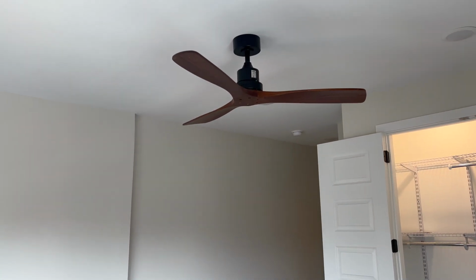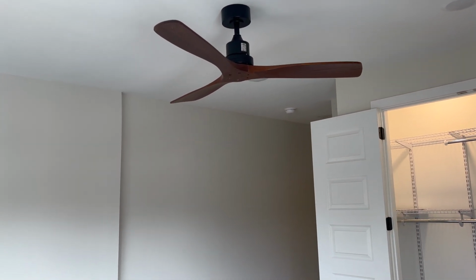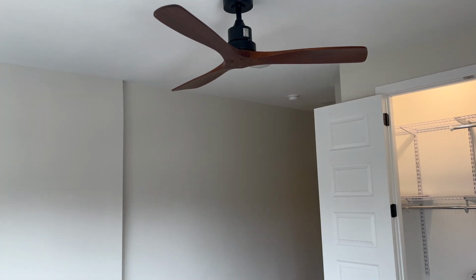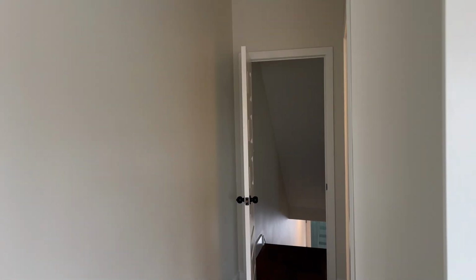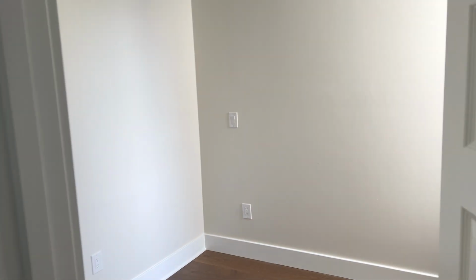It's a recessed light in the room, but you just get a lot of natural light, so I didn't turn on any light here. You have a ceiling fan. Then going to the hallway, the second smallest bedroom here. Okay, you have a recessed light,